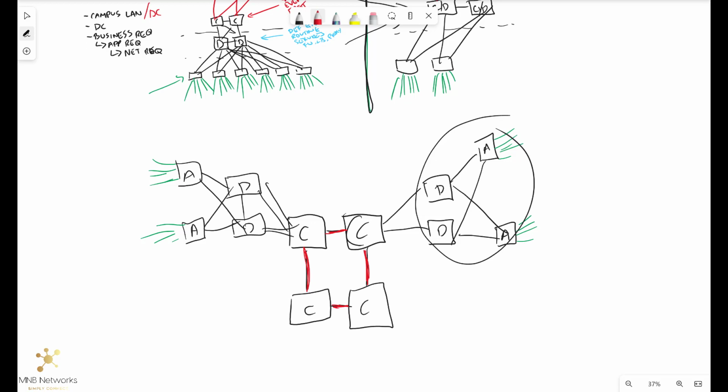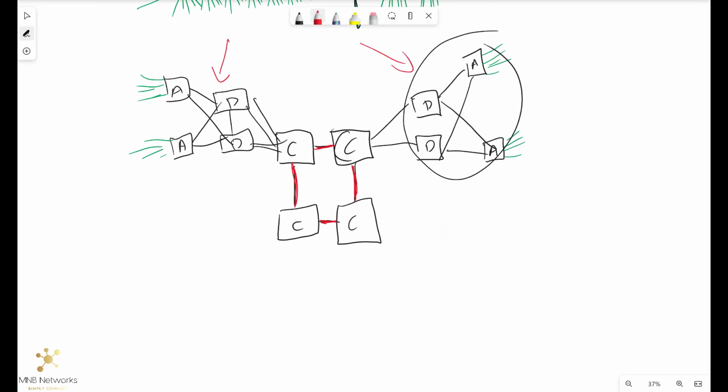Okay, so we might have a core which has this distribution and access layer here, distribution and access layer here, but we also may have a smaller part of the network where we have less users, less servers, where we just have a couple of switches. So if here we had multiple switches, and you could even have potentially multiple, well actually that's not entirely true, I'll take that out. If we have multiple access layer switches, then